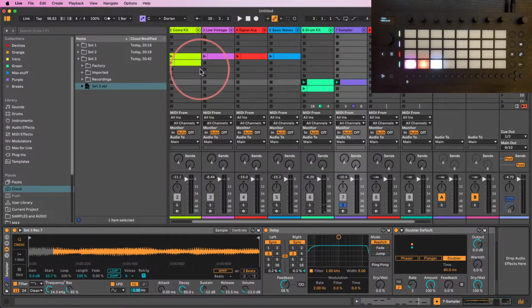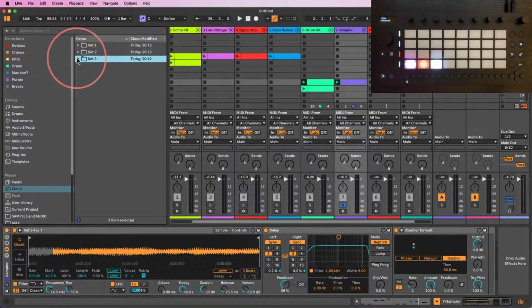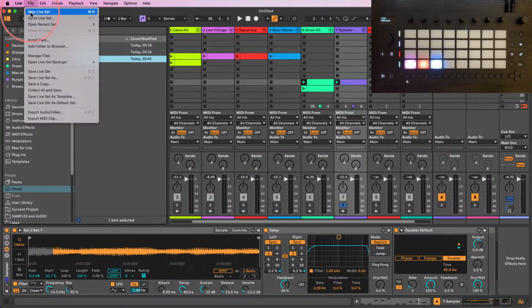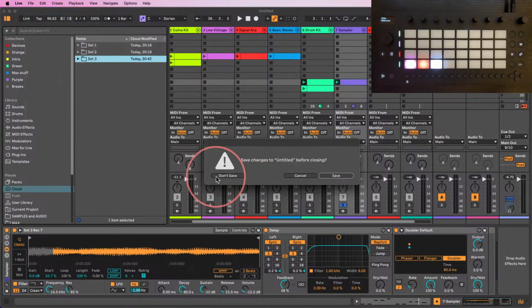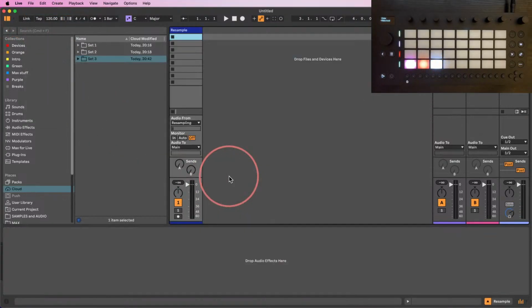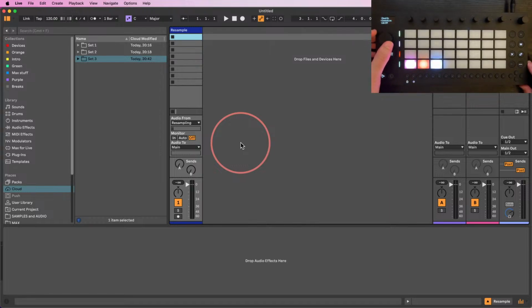Now let's try and look at controlling Ableton. Those are all saved to my cloud now, which is very nice. I don't need to worry about that. I'm going to go new live set. Don't save. No, thank you. So to get to controlling Live, I believe we have to go shift and settings and we go down to control Live. Right, I need to plug in a USB